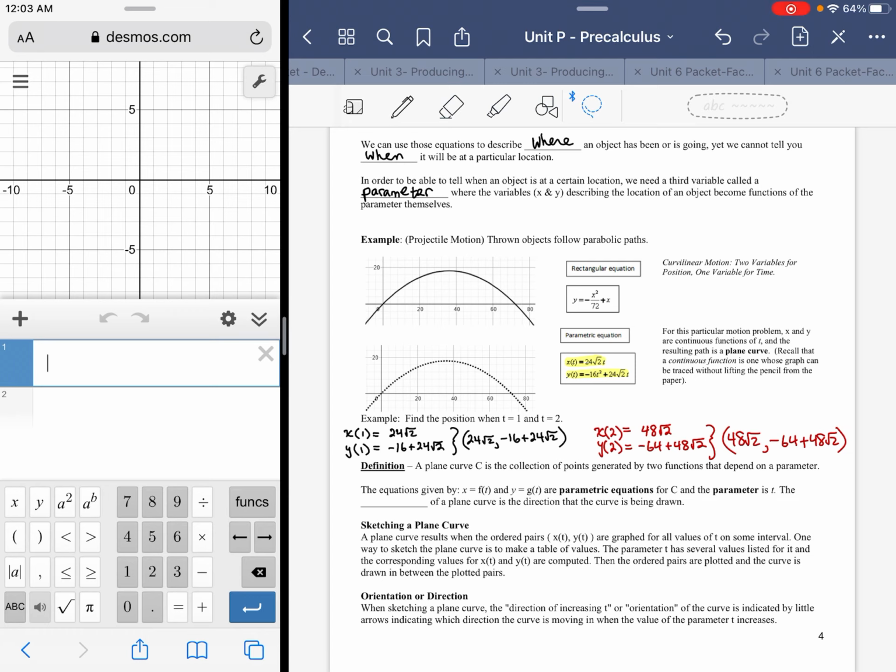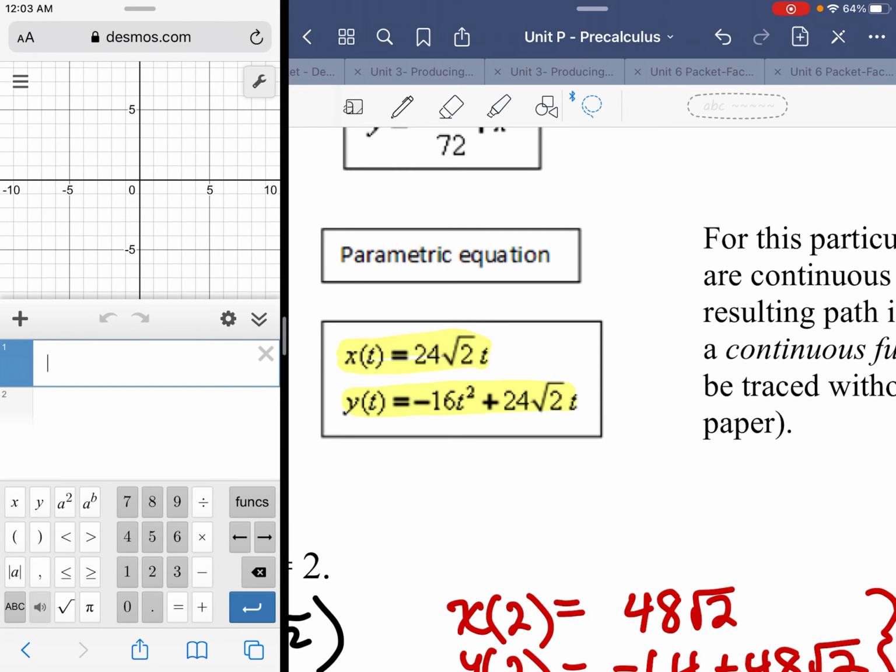So we're going to go with the free, better option, which is the Desmos calculator. It can handle both rectangular and parametric equations. So I can put in the original function. Now I already know what it looks like, so I'm not going to bother with that. If I want to put in the parametric,